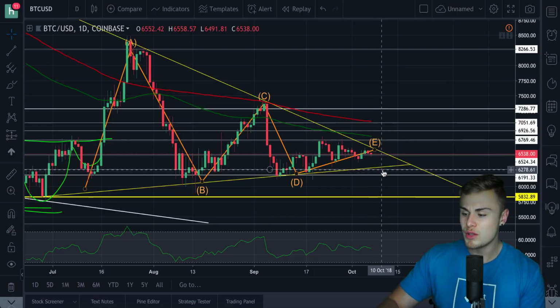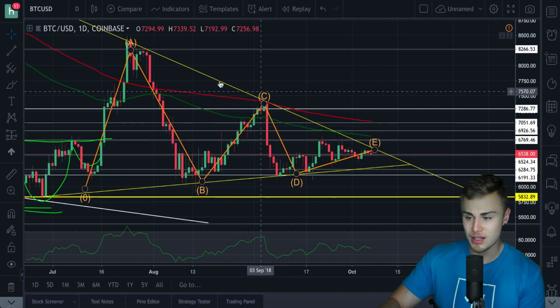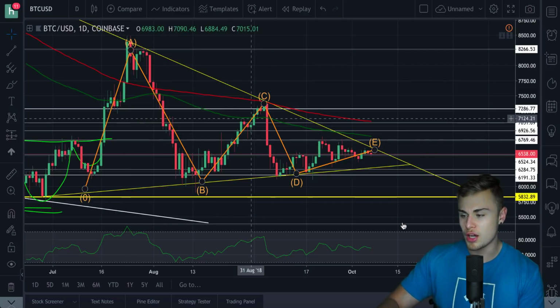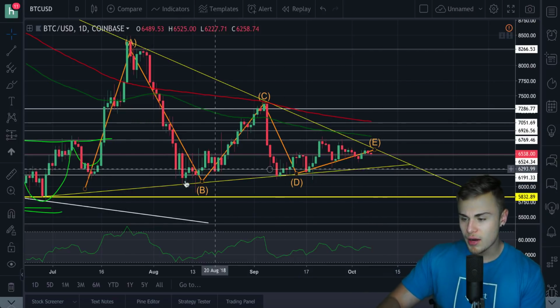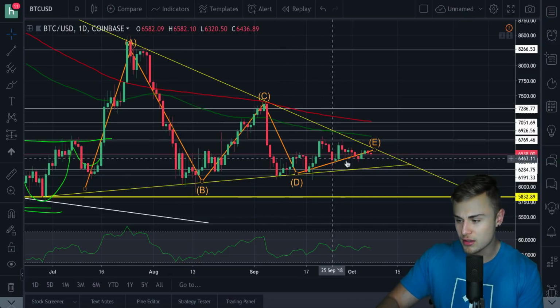Reason I think we're going to break bullish is mainly because not only are we trading below the high-low middle moving average for quite some time, we haven't actually gotten above it ever since, I think it is July 23rd. We've been pretty much under it for quite some time now, but we are riding this support. We are setting higher lows, as you guys can see, a higher low, higher low, higher low, higher low.